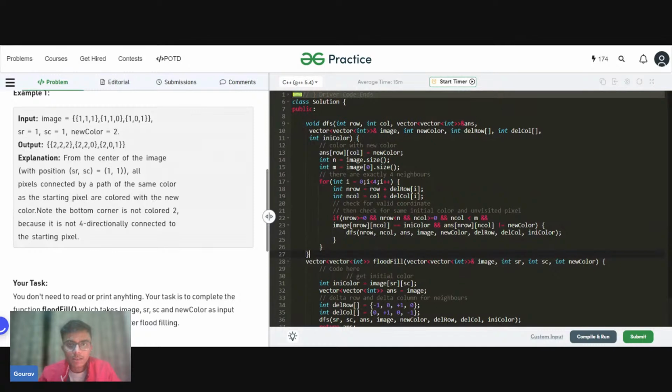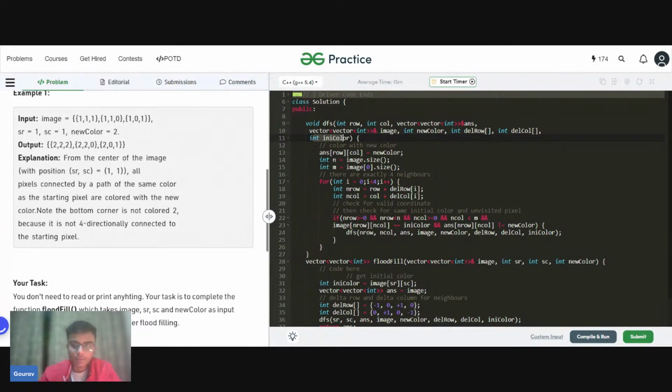After that, I am also sending my image vector of vector, my answer vector of vector, the new color in which I want to color those cells which have the same initial color, and my del row and del col because this will help us travel across the four directions. I'm also sending the initial color. Okay, so this is how I'm doing it.